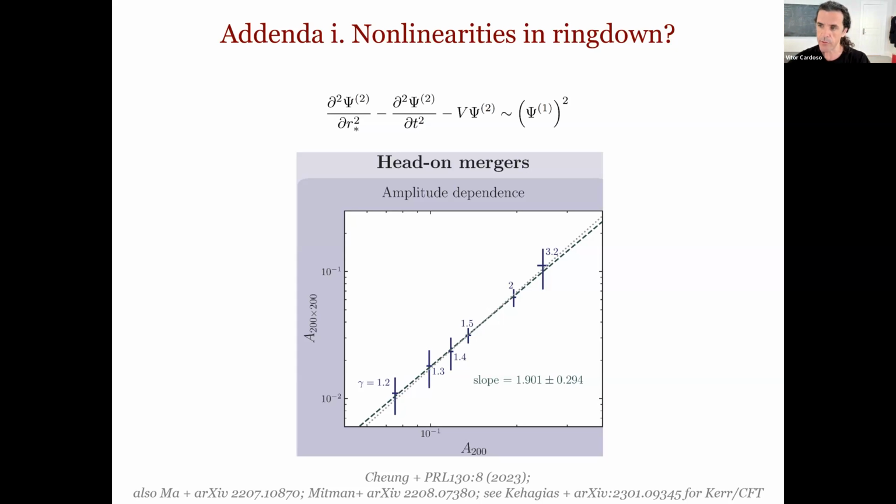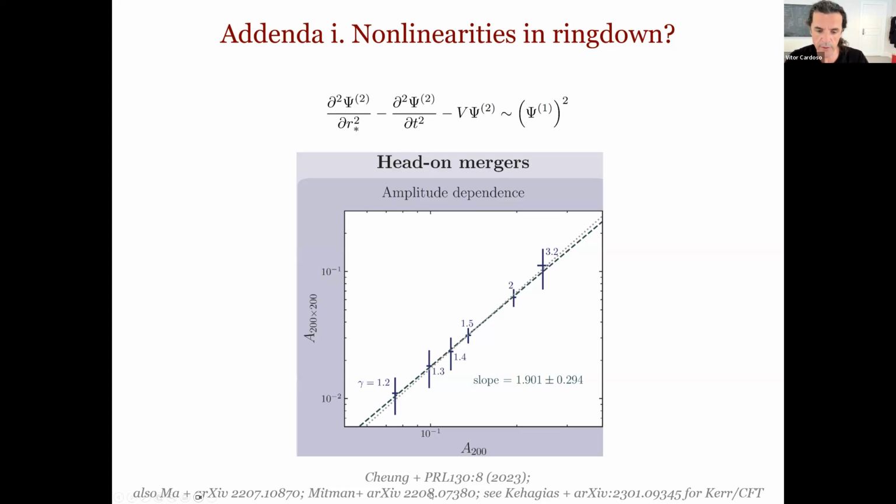And when we did this, we noticed that there's an extra mode in the L equals 4 angular dependence that comes from a combination of the quadrupolar linear term. So we call this a 200 cross 200 mode. It's a nonlinear contribution, okay? And I'm showing you here the amplitude of this nonlinear mode as a function of the amplitude that you find in the waveform of the linear mode,